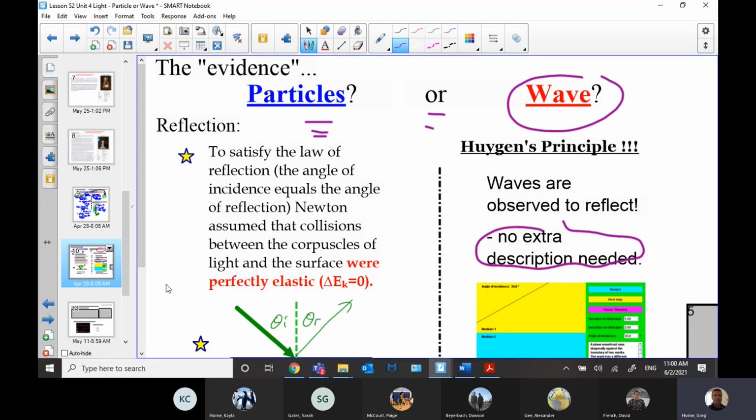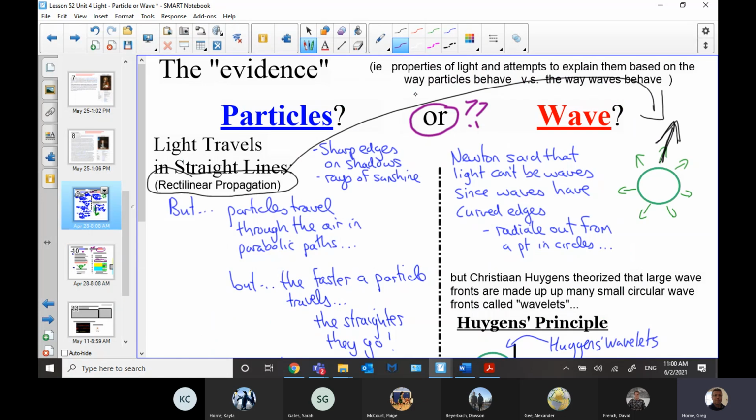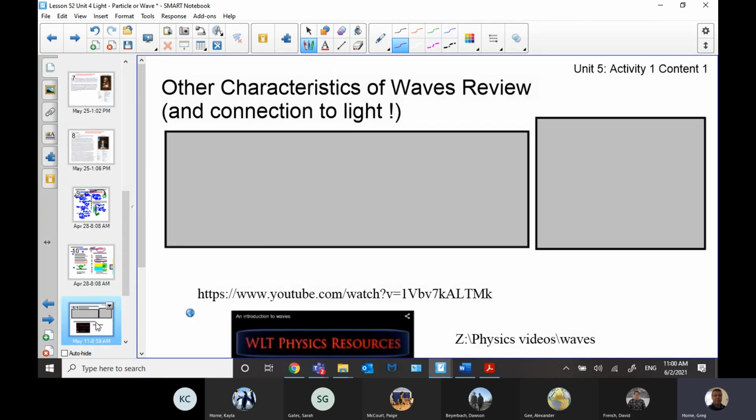Okay, so you might be just putting a checklist and you're like, okay, well, what about reflection? You'd be like, well, they both can reflect, right? They both do it. So maybe that's what I'll write here. Both, right? They both can do it. So maybe that's what I should write too. Both can. So it's not really a deciding property yet.